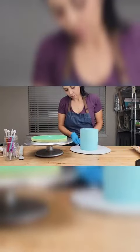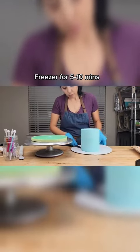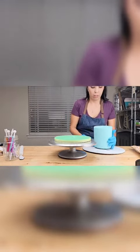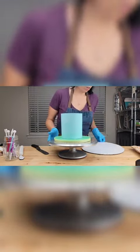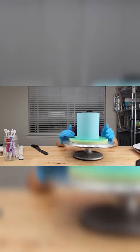Before you lift that bad boy off the cake board to your presentation board, I need you to chill it. Correction. I need you to stick it into the freezer for about 5 to 10 minutes. Take it from me, you always end up nicking or hitting the cake and ruining it. This way, you could practically hand grip it and you're not gonna leave any of your grimy little finger marks all over the board. You can then recenter it,